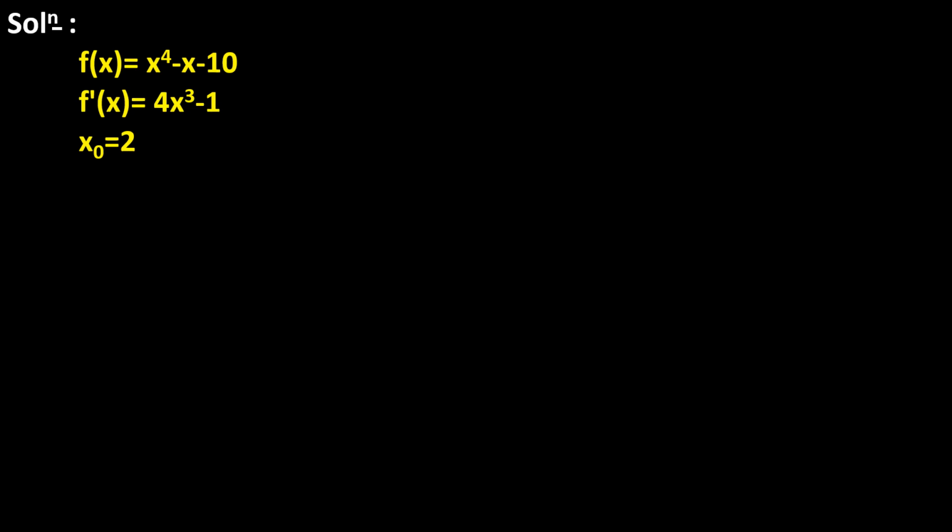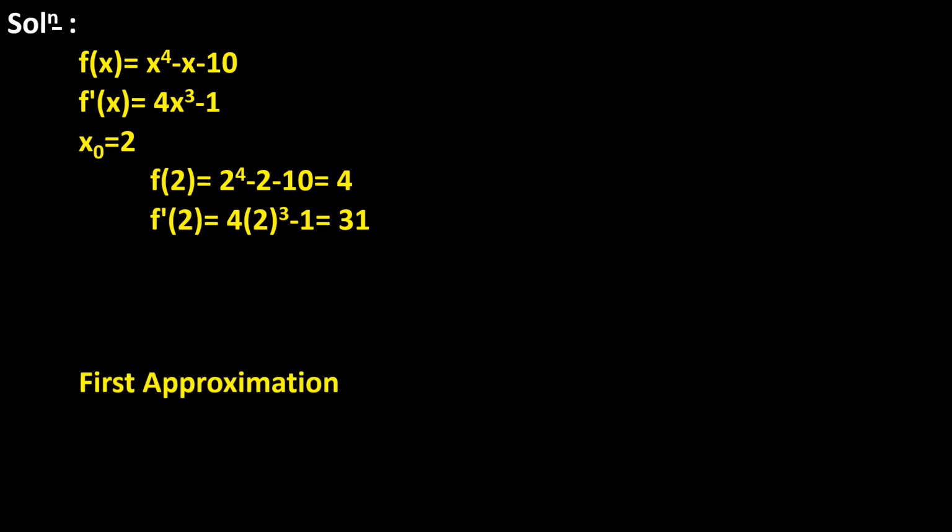First we need to find f of x naught and f dash of x naught, that is f of 2 and f dash of 2. First f of 2 is equal to 2 cubed minus 2 minus 10 is equal to minus 4, which we get by substituting 2 in the f of x equation. Similarly, f dash of 2 is equal to 3 into 2 squared minus 1 is equal to 11, which we get by substituting the value 2 in f dash of x.